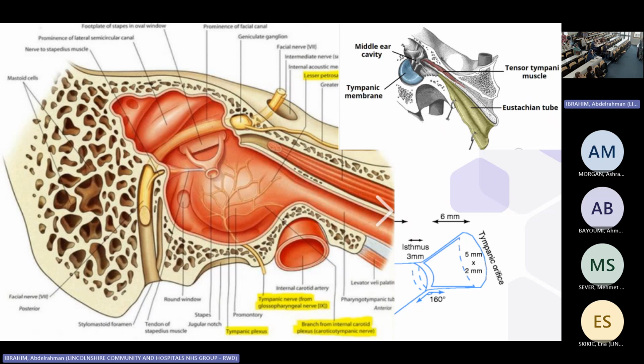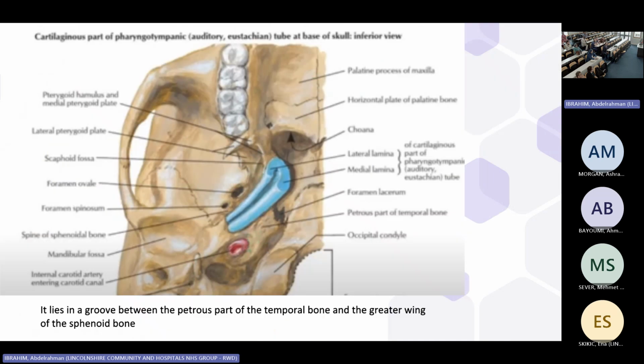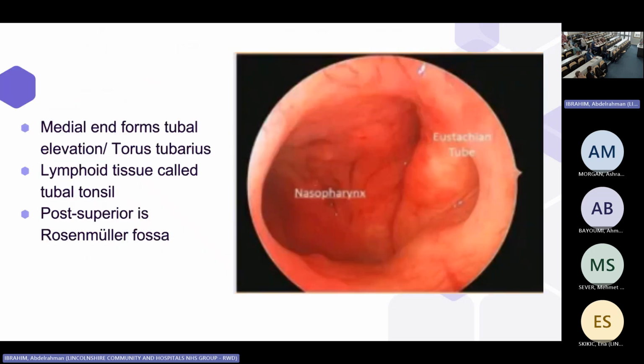The bony part, as we mentioned, opens to the middle ear, very close to the internal carotid artery, and also to the tensor tympani. The fibrocartilaginous part lies in the groove between the greater wing of the sphenoid bone and the petrous part of the temporal bone. The eustachian tube opens in the nasopharynx and forms the tubal elevation. Behind it, we can see the lymphoid tissue. It's called the tubal tonsil, posterior superior to the